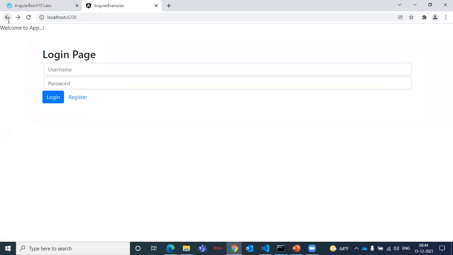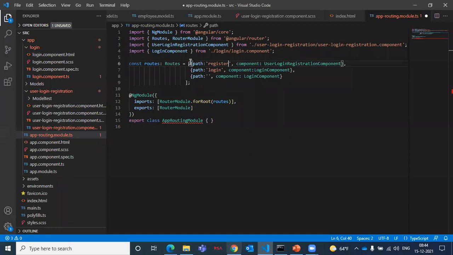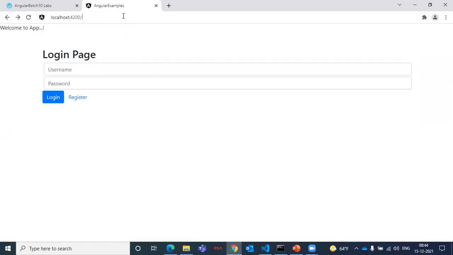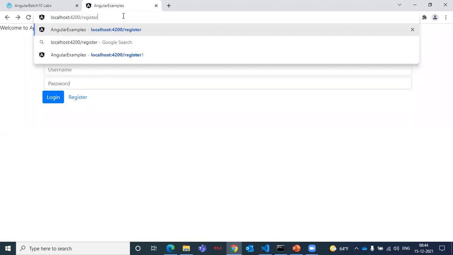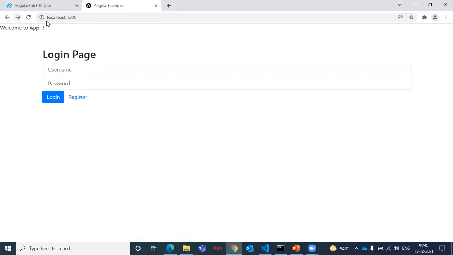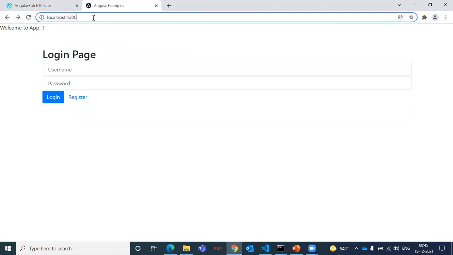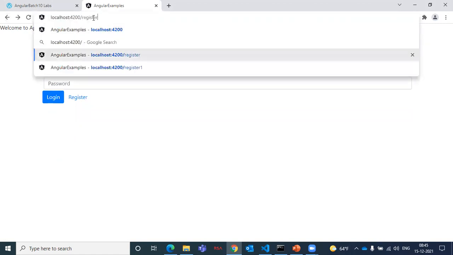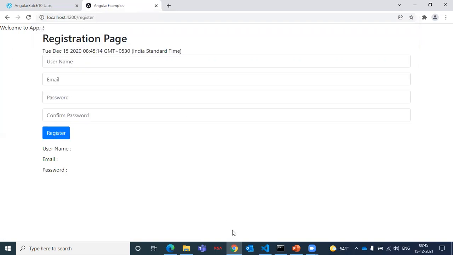Sir, do I have to go only from the action, from this login page only? That is not true. As a part of Angular, here you are defining the path, right? From the URL also you can go directly, like slash register. Step one is simply giving a path; from that path you can navigate, as per your choice. Type register in the URL, press enter, and you will go to the registration.